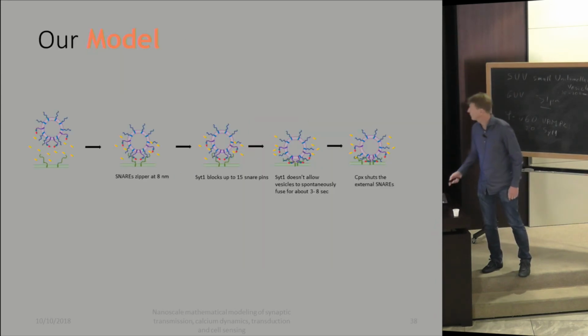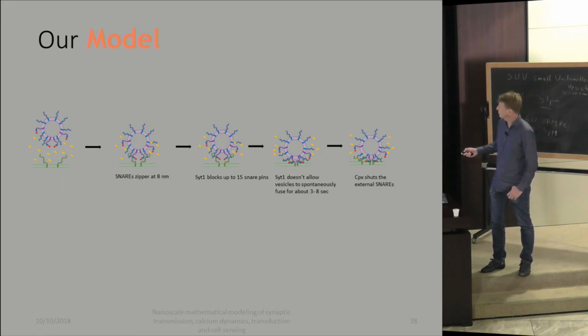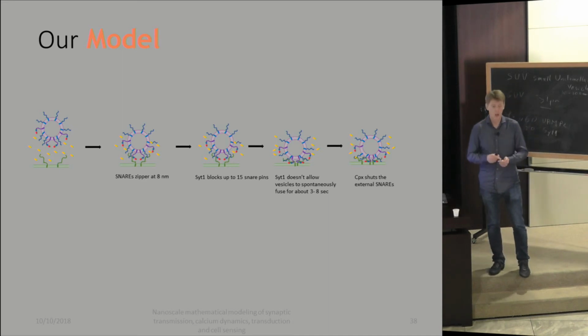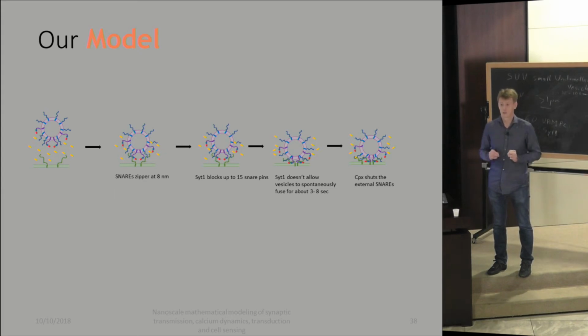So what our model, which we're still checking, I don't guarantee it's true, is that synaptotagmin will block the snares that are located here. The remaining ones will take longer to find the T-snare, and during that time, complexin can come and block the formation of the snare complex. Which doesn't happen if there's no synaptotagmin, because the first VAMP will arrive, the first complex will form too fast. I don't know if it's clear, but that's the model we have. That's the two results I wanted to present, and that's where I'm going to stop. Thank you for your attention.